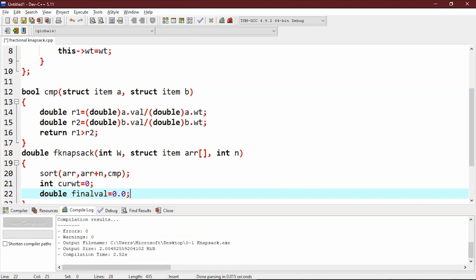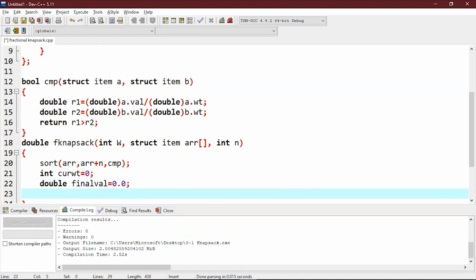This will be the result value in knapsack. So for int i is equals to 0, where i is less than n and i plus plus,